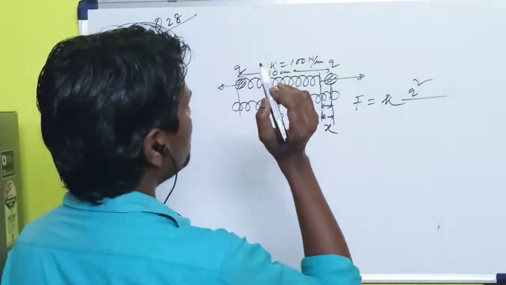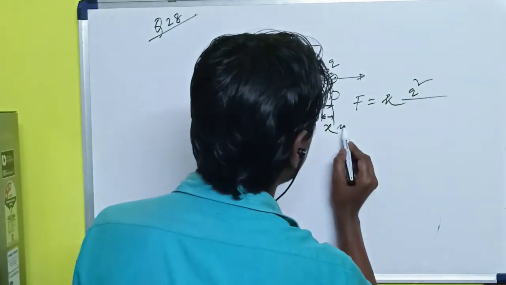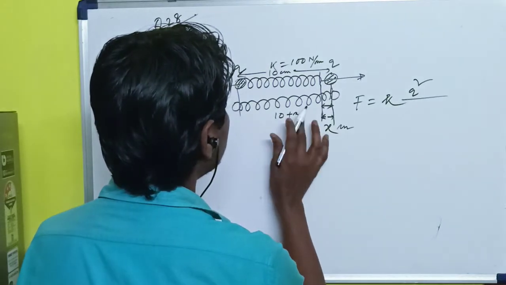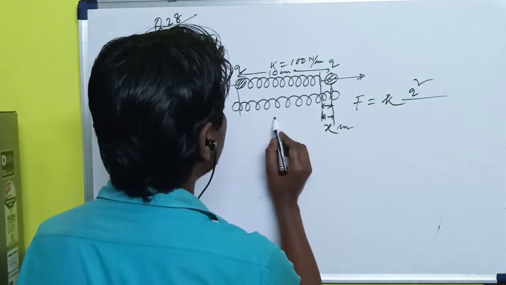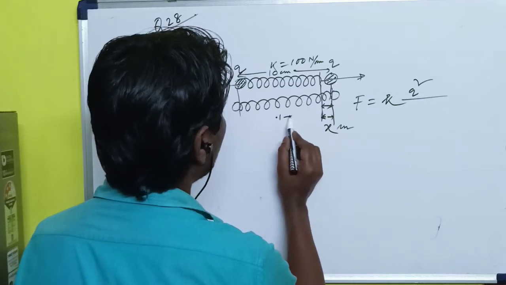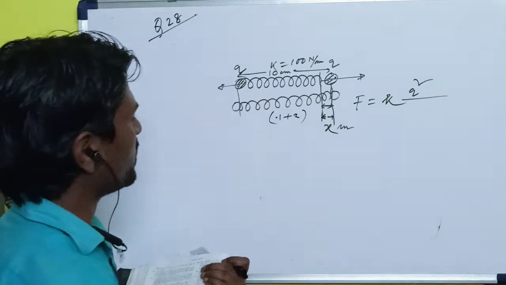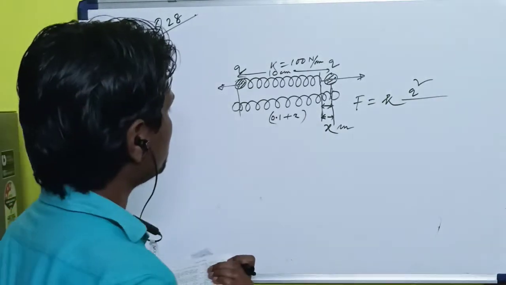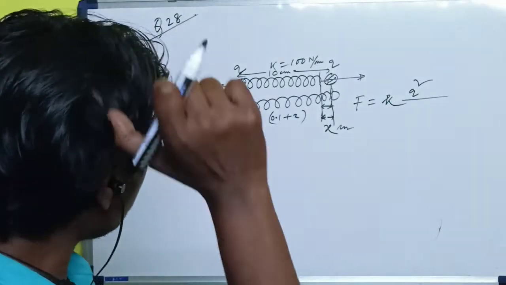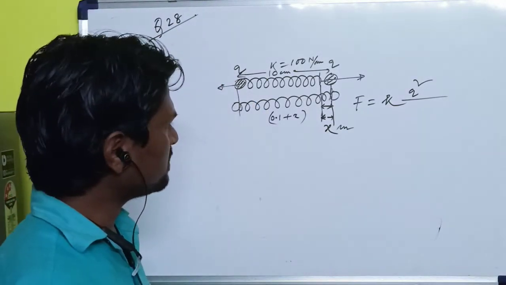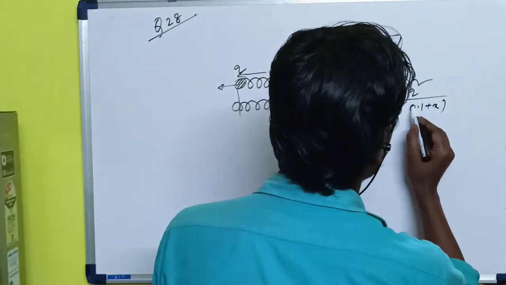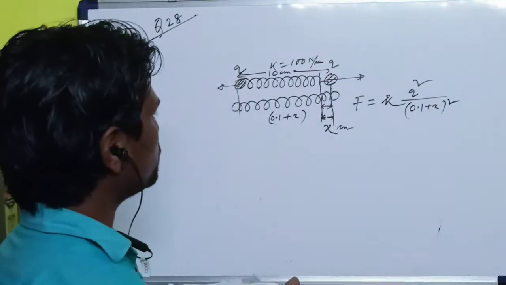And if we let x meter be the expansion, then meter is not to be added with centimeter, so this is 0.1 plus x. Think about it. So 0.1 plus x whole square, F equals to